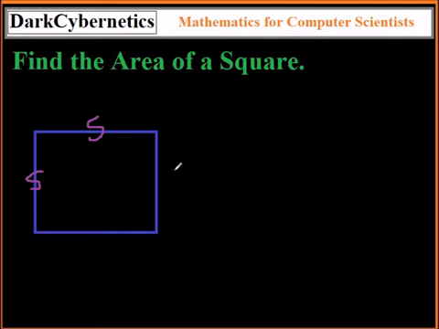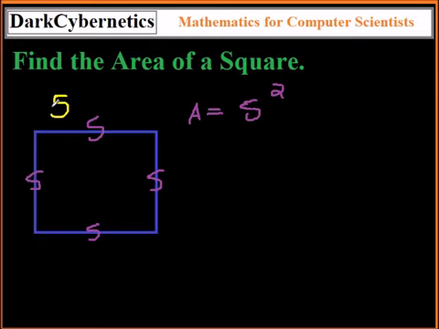A square has 4 sides. All those 4 sides are even. Suppose all the sides of a square were 5. So we would simply need to raise our side s, or 5, to the power of 2, right? So we could just say that the area is equal to 5. And so we have sides of 5, and we just raise 5 to the power of 2,